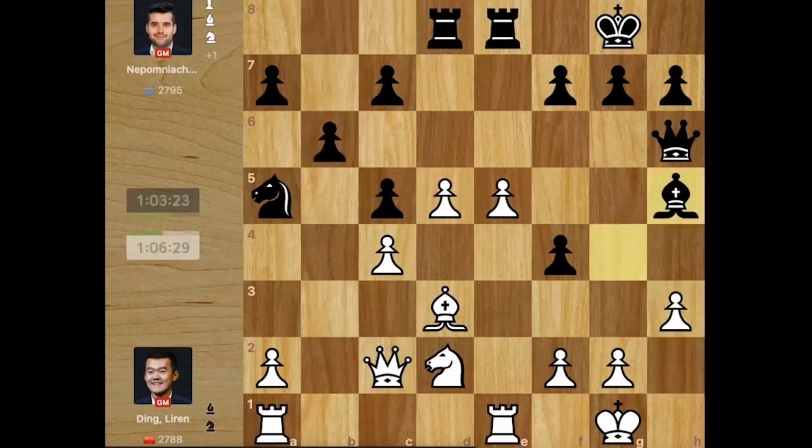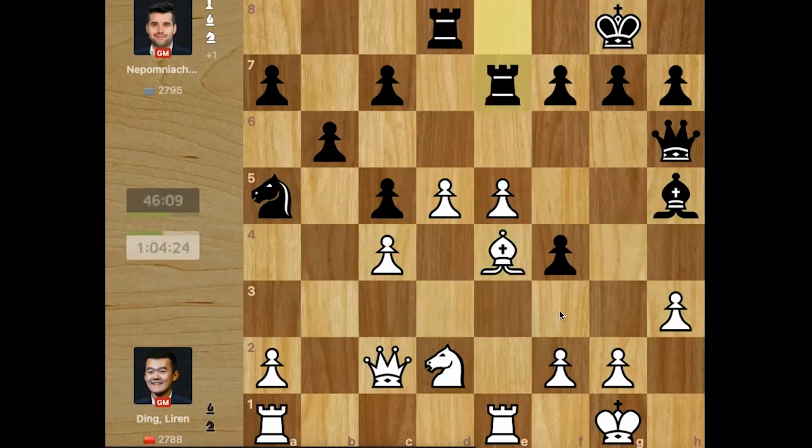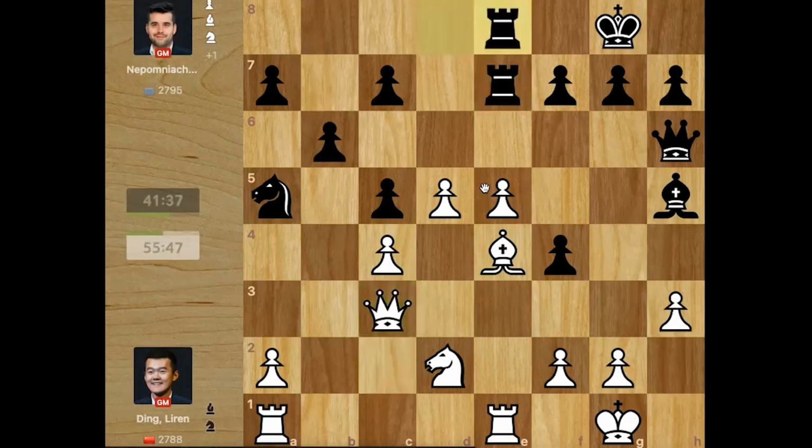h3, bishop h5. Now bishop e4, rerouting the bishop to f3. Rook e7, black is just doubling on the e file to target the pawn on e5. So now Ding has to choose. He can go back to c2, that's one of the most natural moves, but he can also go bishop f3,